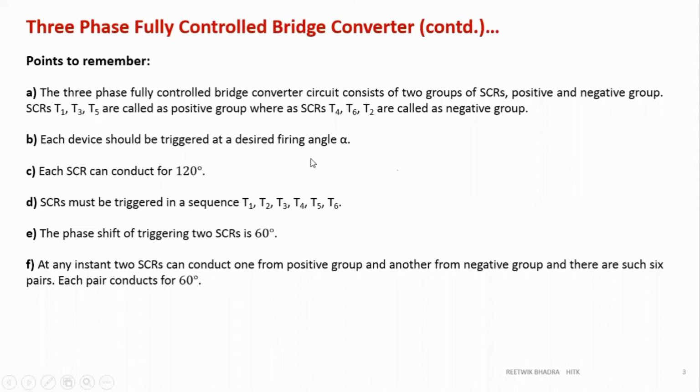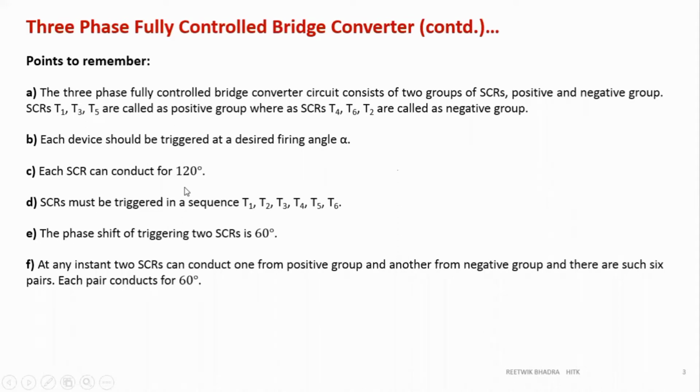Now since we are using thyristors, we should give a triggering angle. So there should be a firing angle of alpha for every thyristor. And you know that there is a change of phase after 120 degrees, because from A to B phase there is a 120 degree phase shift, and to C phase another 120 degree phase shift. So each SCR will conduct for 120 degrees. You will see which SCR is conducting which phases also.